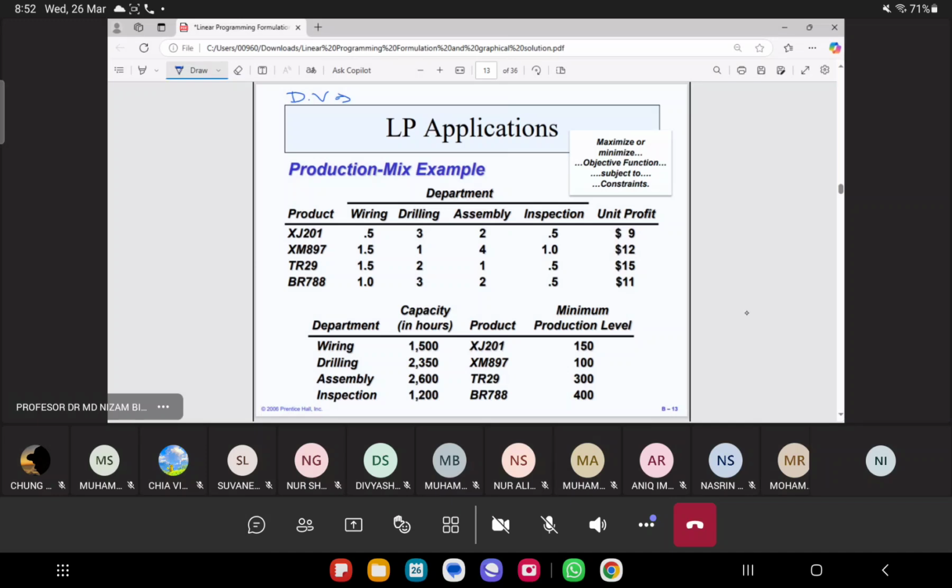Insert pula. Anybody? By the way, this particular topic is very important because if you don't know how to develop